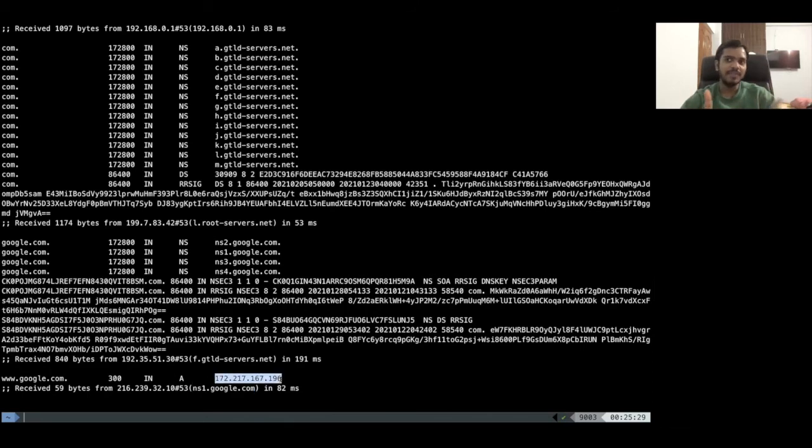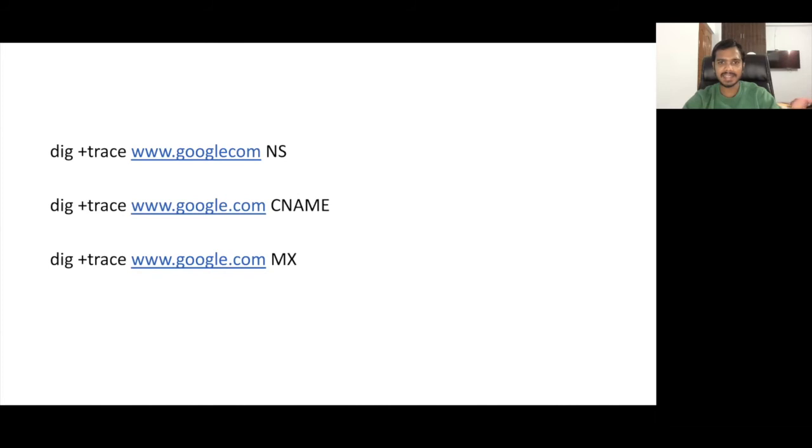So see, with the help of dig +trace, you can easily debug DNS actually. What steps it is taking to resolve this query. So that's a very important command actually. And also you can run many other commands, like you can do the same with the NS record. What we have done here is for the A record, we were making a query for the A record, but you can also do it for NS record, CNAME, MX record, and see what is coming in dig +trace. It will show you how it is doing that using iterative queries.